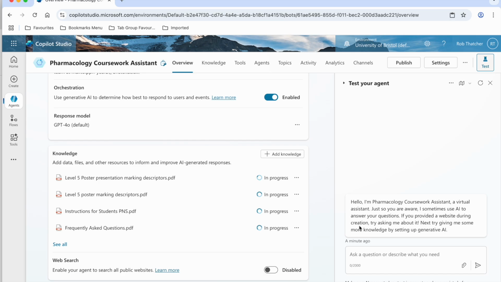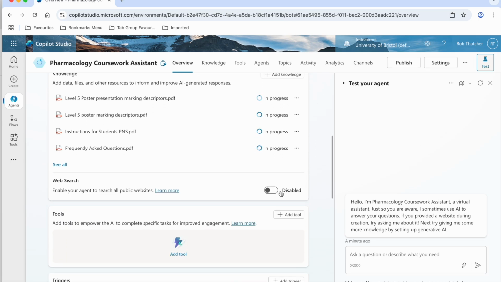This is a process called vectorization, and it can take a few minutes depending on the size of your documents. So while it's doing this, we're going to take a quick look at some other important settings. First, we see below the knowledge, there's an option for Copilot to access public websites. So for our agent, we told it not to access the internet to find answers to queries, so this is